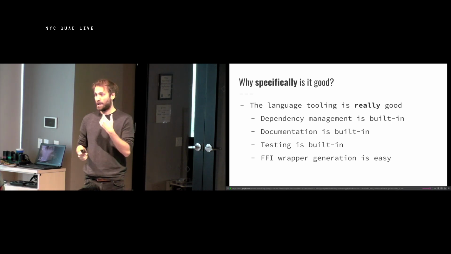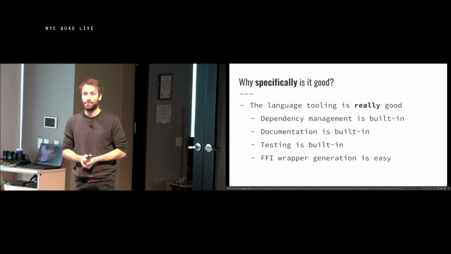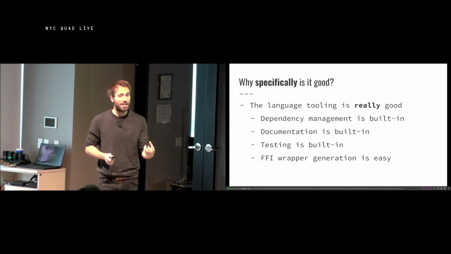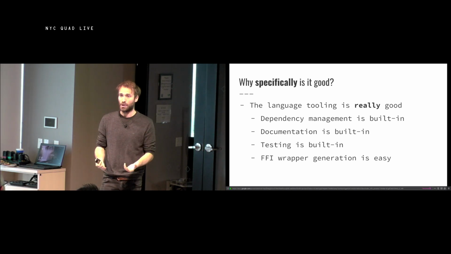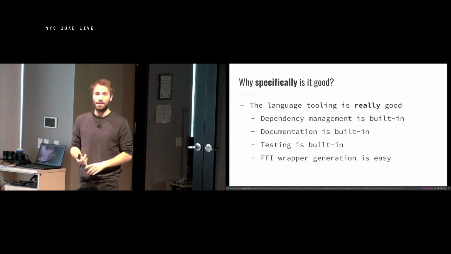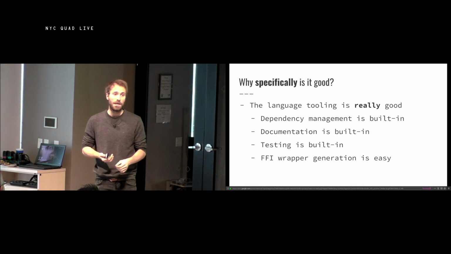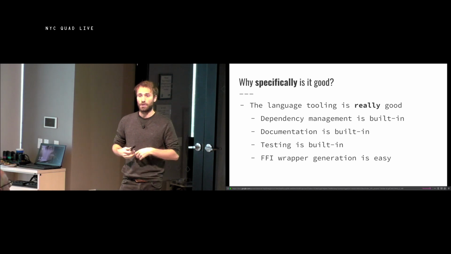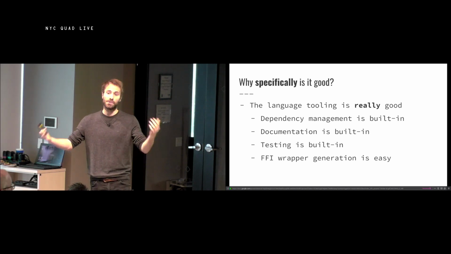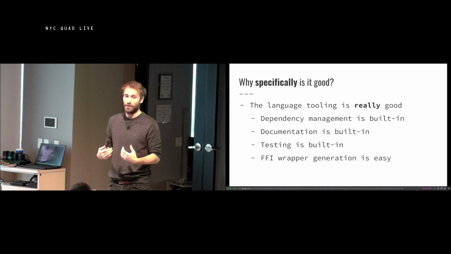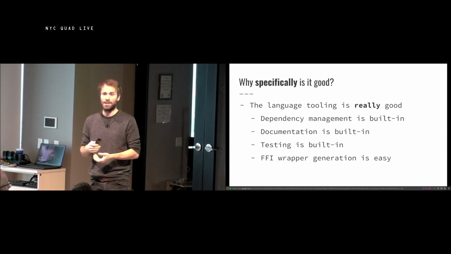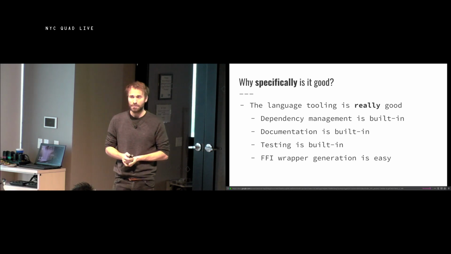And finally, and I mentioned this a little bit when it comes to C and C++, it is really easy to do FFI, so foreign function calls. Whether that is calling into a C library, a C++ library, there's interoperability with Python, with Ruby, with Go, that you can make calls into those languages or have those languages call into Rust very, very easily. And that means that it's easy to integrate into existing code bases.